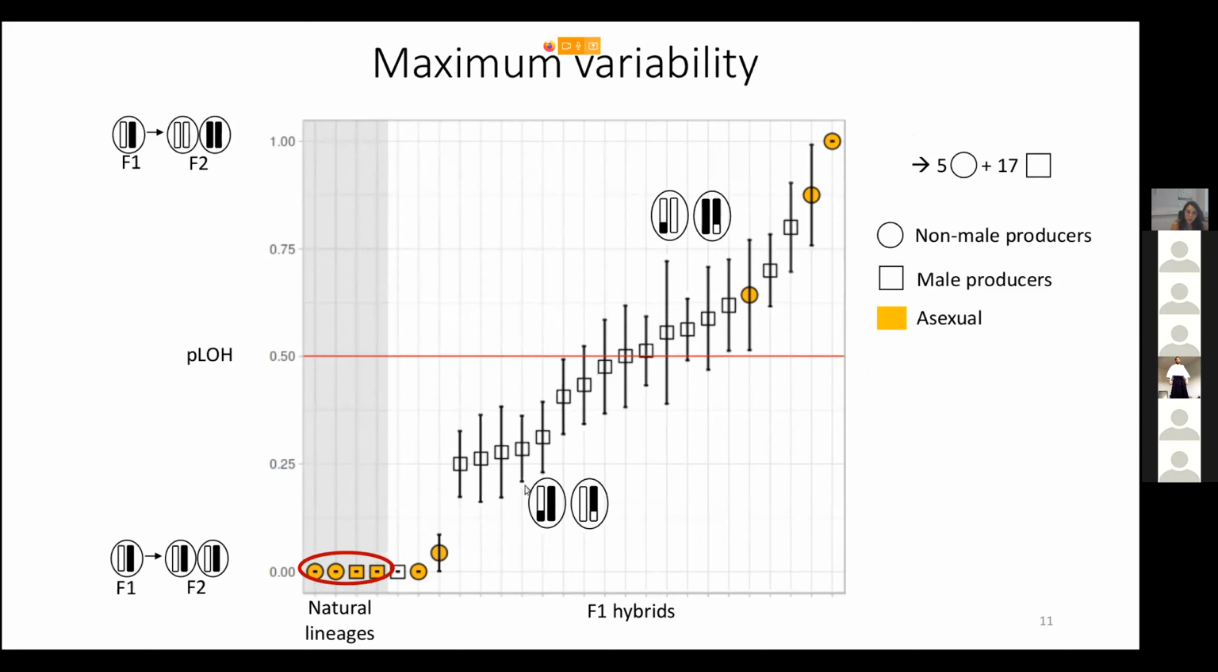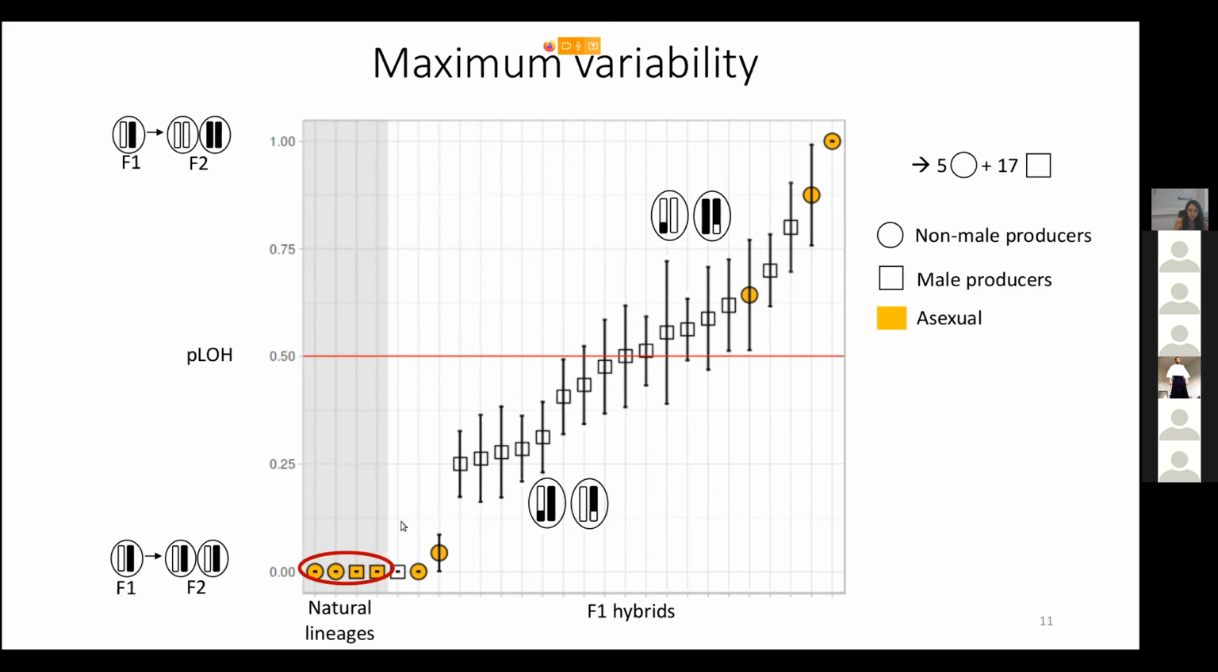So here we have the F1 hybrids, 5 non-male producer and 17 male producer F1. And we can see that in the y-axis, we have the loss of heterozygosity rate of the offspring of the F1. So again, I put the asexual natural lineages we have, which contains the parental asexual lineage we use for this cross, which are in yellow. And indeed, we can see that this asexual from natural population reproduce clonally with a loss of heterozygosity rate equal